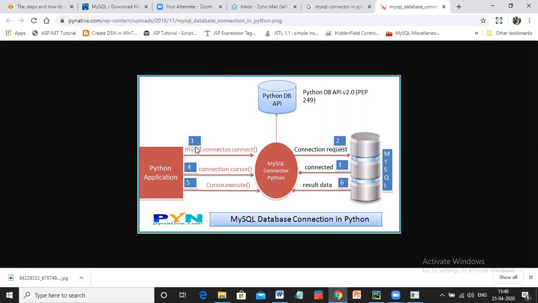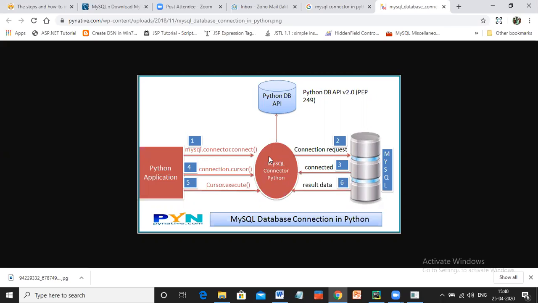Okay. Now, as I told you, if you want to connect to this particular database inside your MySQL, you need to send a connection request. When you send a connection request, you need to give some parameters to this MySQL connector.